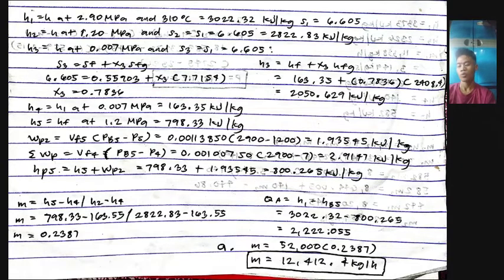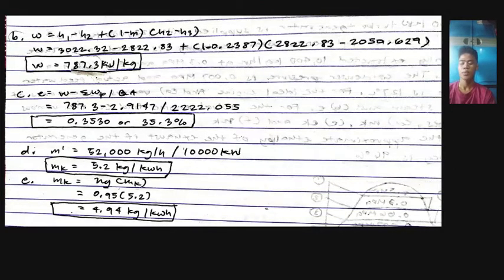So M will be 12,412.4 kilogram per hour. Next, B for W or work equals H sub 1 minus H sub 2 plus